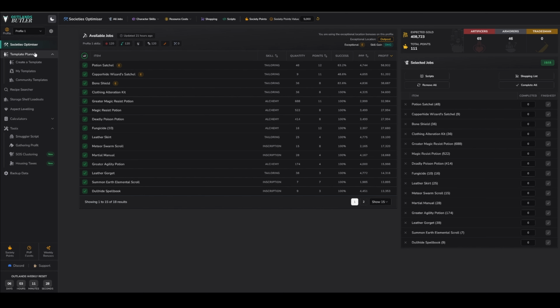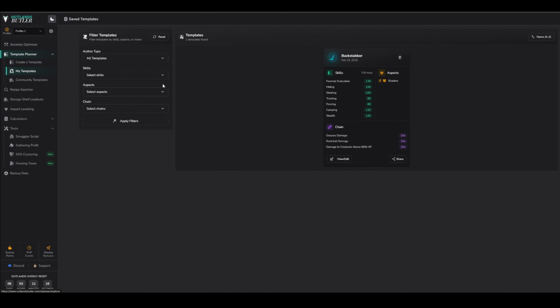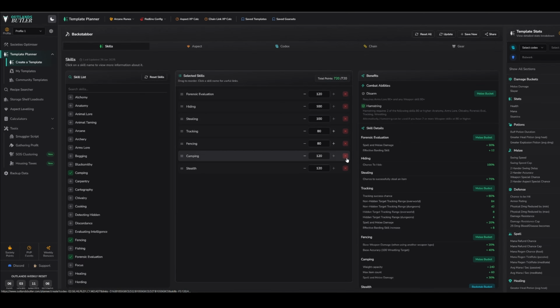The next portion of Outlands Butler, which I think is a little underutilized, is the template planner. Over here on the left-hand side, you'll see template planner. You could come in and create a template. I already have mine in. So I have my backstabber template with the skills that I have, what links I'm currently running in my chain, my aspects and everything. And if I go in here, it'll give me in-depth detail about everything